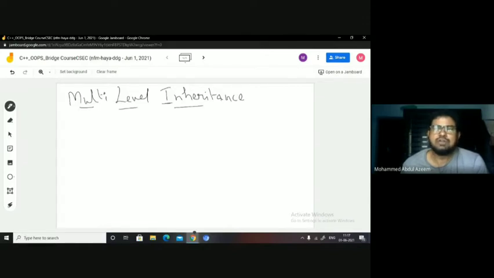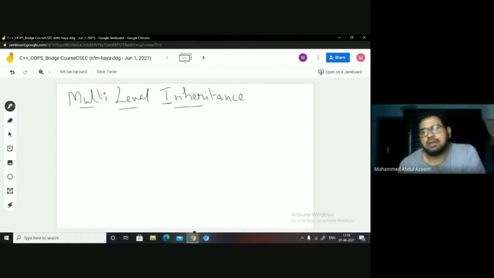But when you have the destructors, the destructor of the base class must be declared as a virtual destructor with the help of the virtual keyword. And when the derived class object's scope is going out, the base class destructor is automatically called after the derived class destructor is called, right?